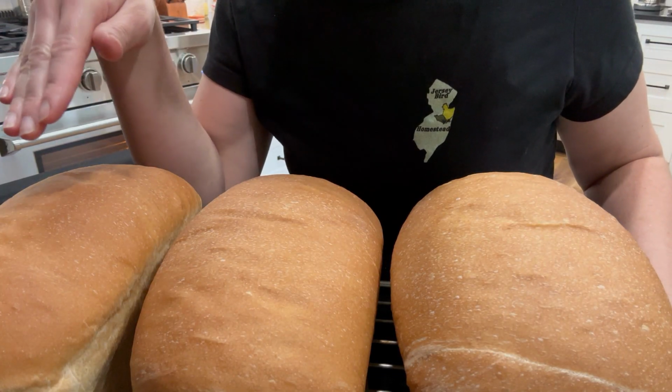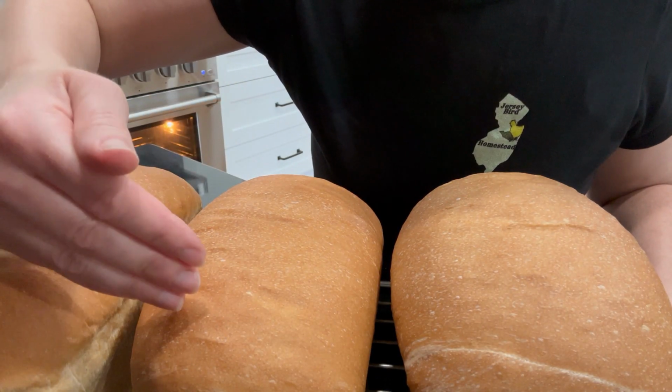I'm gonna go quickly through this since we're keeping the recipe the same. I'll put a link up here to the original video if you haven't seen it. And it's worthwhile watching that video before you make this bread, because it goes over all the shaping and there's a lot of important steps that you don't want to miss. So without further ado, we're gonna get right into it and start putting the dough together. Stay tuned. Be sure to watch to the end of the video because we're gonna go through how many calories